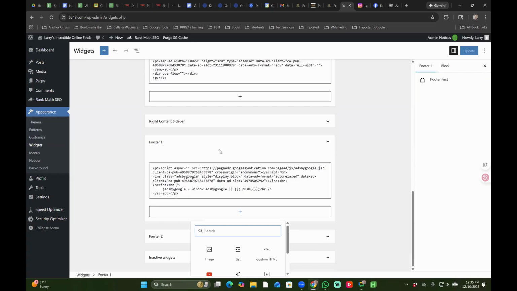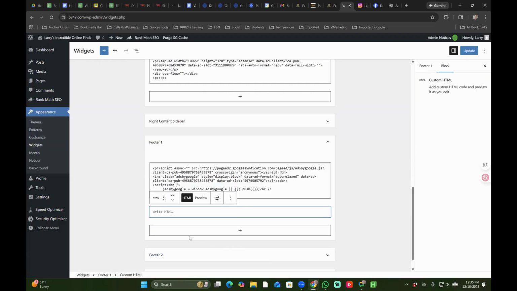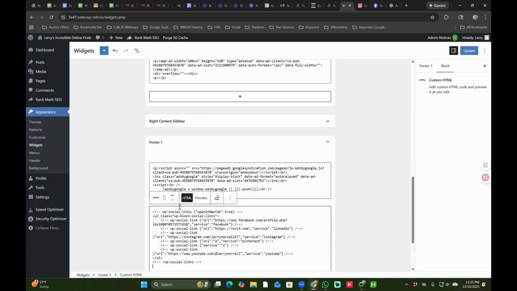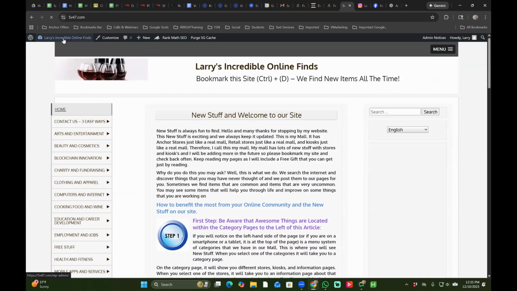So I'm in the footer. Would it be custom HTML? Let's try it and see. Yeah, click custom HTML. Click the preview and see what it shows. You can always delete it. Yeah, I'm going to go back and